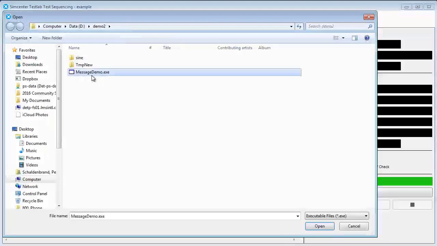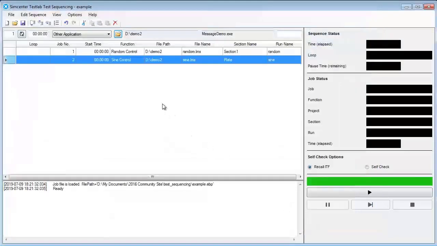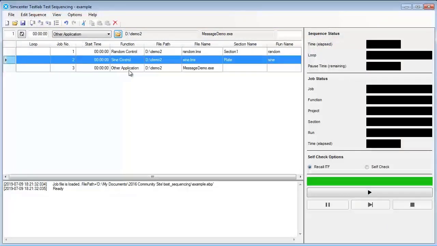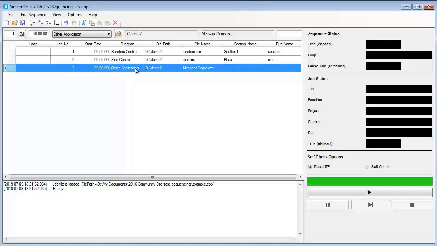And then lastly, I could maybe do something like run some other kind of application. In this case, I got a little script. It lets me know that the test is done, so I'll hit insert after here. And it also sends a text message to the operator to let them know the test is done so they can fire up the next project. So I got two tests I'm running, and I have a third-party application. This could also be starting up a climatic control system in one of the test rigs, things like that.